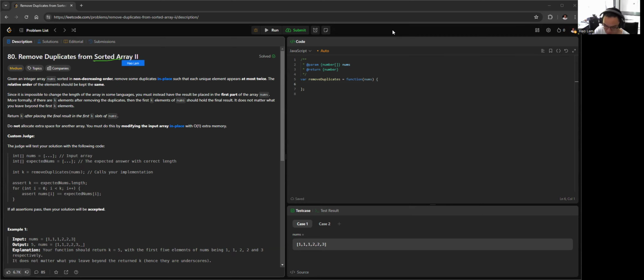So we have a sorted array, and we need to remove the duplicates from it, right? So this is the second problem in the series, Remove Duplicates from Sorted Array 2. In the first problem, we only have to remove the duplicates,